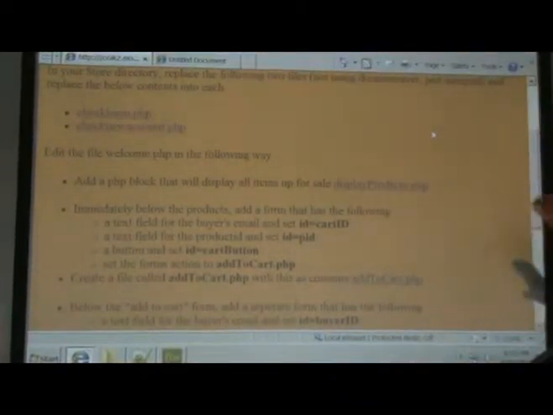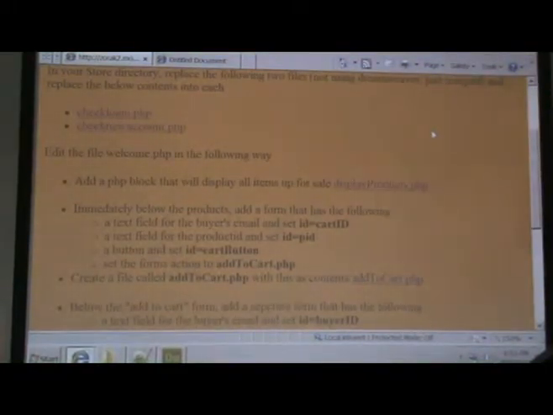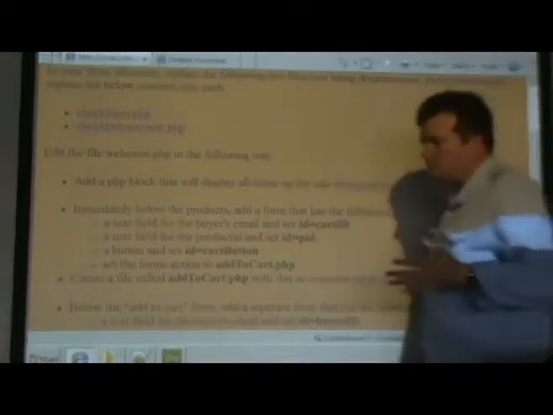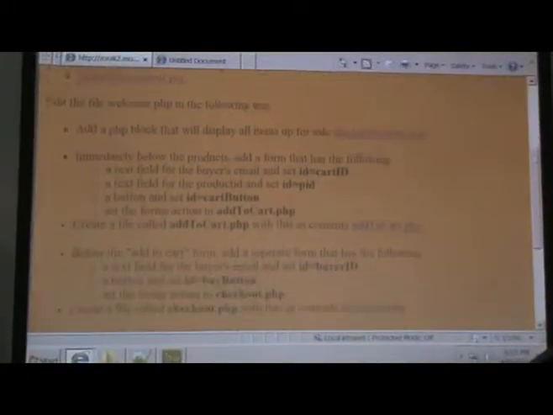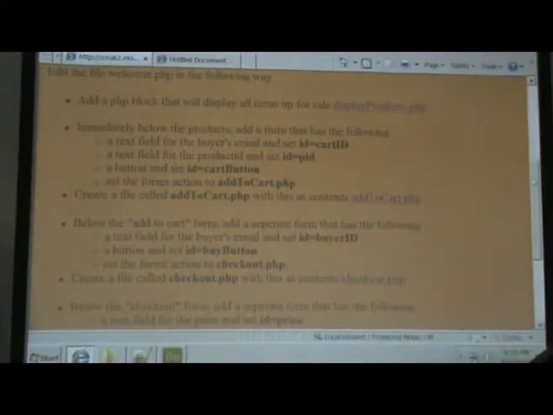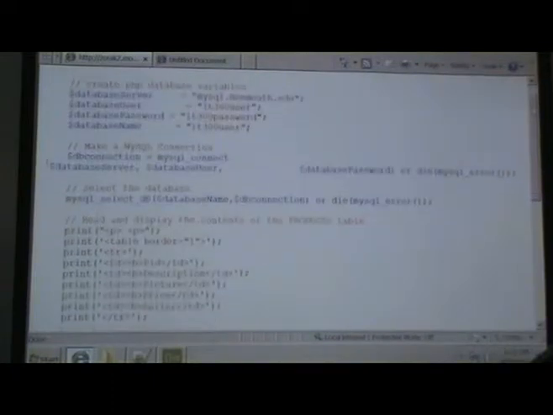We also want a form where you can decide to add a product that's for sale into your cart, and also a third form to purchase whatever is in your cart. So what we'll do for our exercise is we're going to cut and paste this code